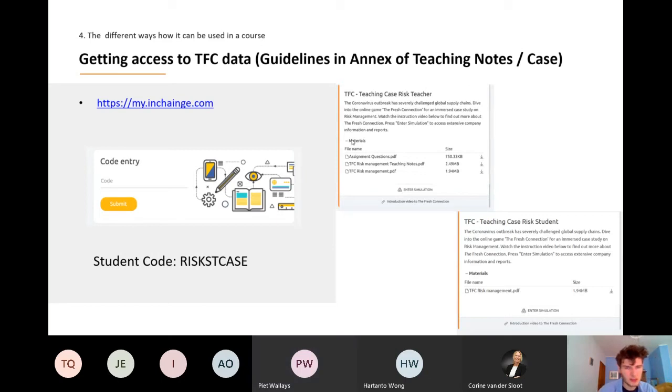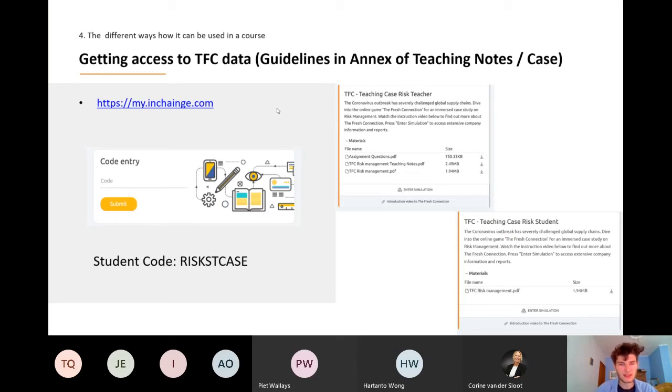Also, a small insight into how you can access the Fresh Connection and the teaching case. So you have received the email with your teacher code. Make sure that you don't share the teacher code with your students, because then they get access to the teacher materials. Of course, you can find all this information in the teaching case itself, also in the teaching